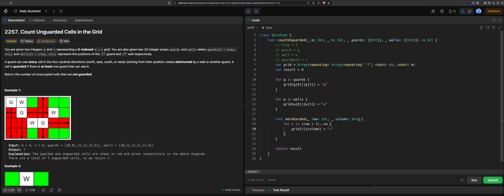Let's call it B, which is a block. While checking that, we still need to consider the approach. If it is a free cell or if a guard is contained there, we're going to break through it. So what I was thinking is